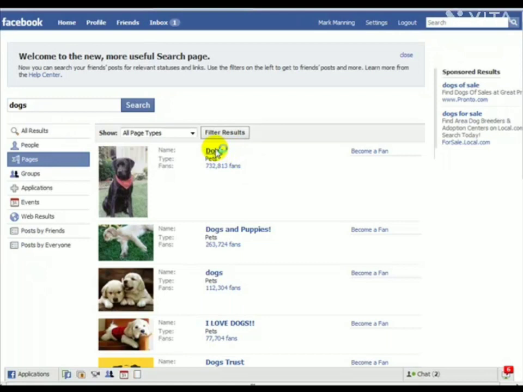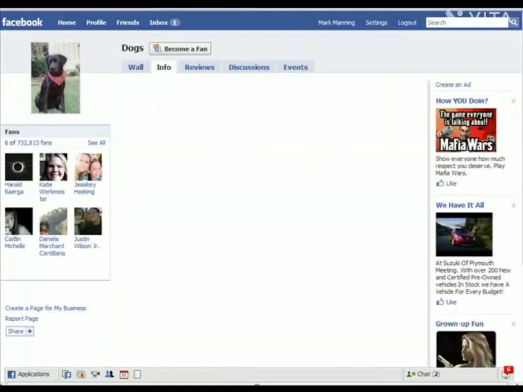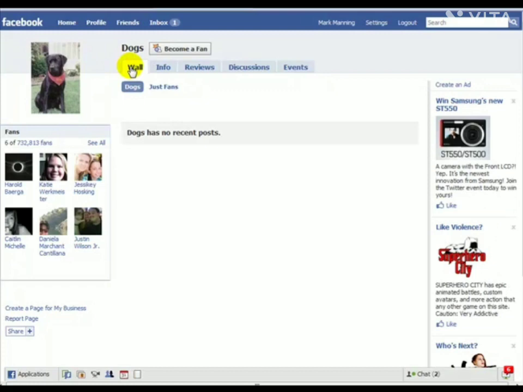So of course, what do these fan pages look like? Well, keep in mind that they are accessible from the internet as well. But basically, a fan page is more similar to an actual Facebook page. We talked about groups, and a group is more like a forum or a message board, whereas a fan page is more like your traditional Facebook page, with a few differences, of course. But a fan page has a wall